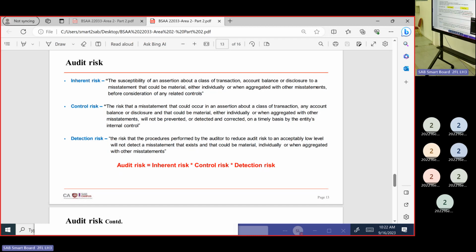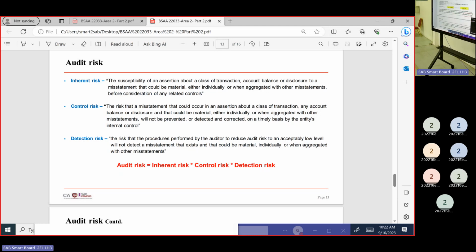Then once you are putting the controls, you have an expectation to control this inherent risk. Once you are putting this control, again it's creating a doubt. What is that doubt? You have an expectation that the control responds to this inherent risk, and then there may be a deviation from that expectation. You are putting a control, but that control may not control this inherent risk. That's again a risk. That is control risk. And we can say that from the company side, we have two different risks, inherent risk plus control risk.